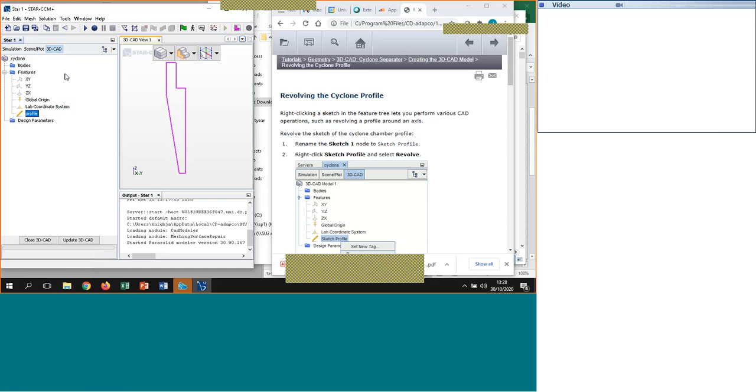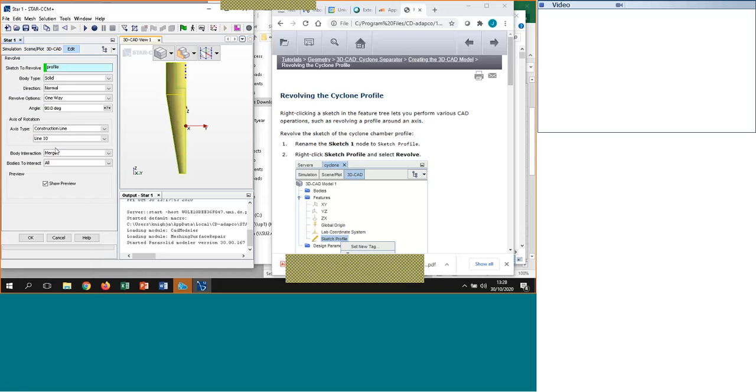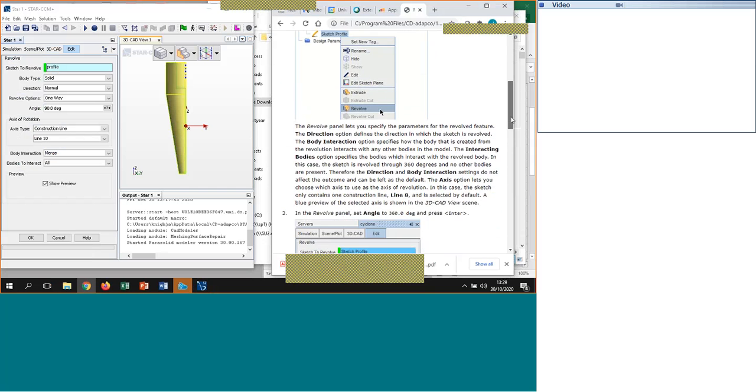And I'm going to right click the sketch profile. I want to revolve it, and I want to revolve it around 360